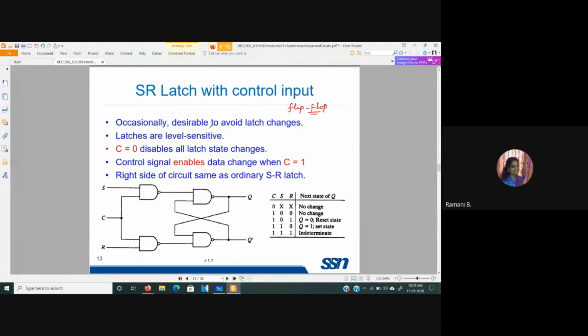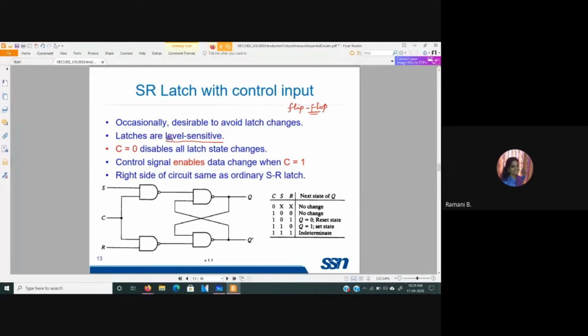Because as I was mentioning, as you are not having any control over there, whenever your input changes, correspondingly the output will be changing. That will sometimes lead to instability problems. Or before the correct output settles in, the input will be changing, so that particular output will be missed out altogether. So to avoid all those things, we use a control input. And here, this is the main thing.